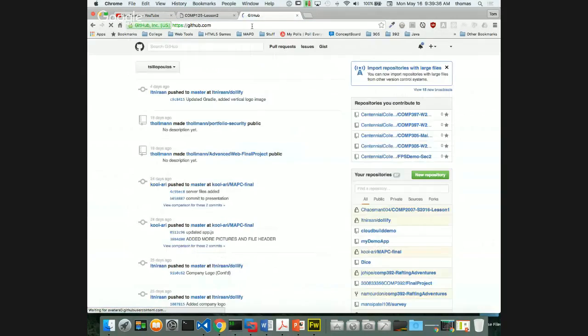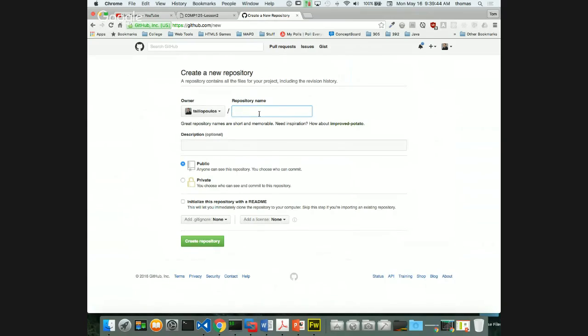We'll stop for a break. This is my repository, and I want to make 2 of them, right? I'm going to add plus, new repository, and inside this repository name, I'm going to make the first one. It's got to be under my Centennial College. Here it is. And the first repository is going to be called